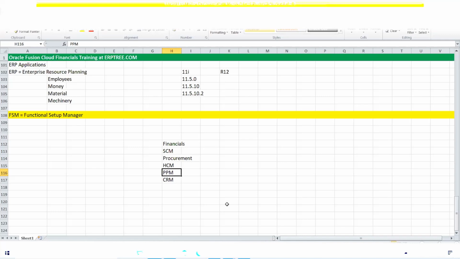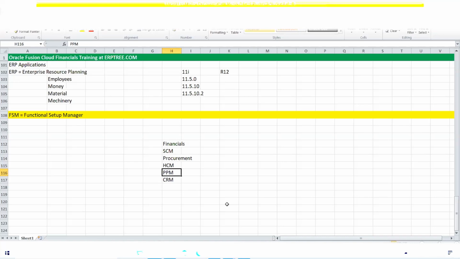Each building construction they can take as one project and they can prepare the project plan. How many floors, each floor, what activity. It's all like how much expense they are spending, how much revenue they are able to generate and billing to their customers. If you want to manage the project related activities, for that they can use applications called PPM,